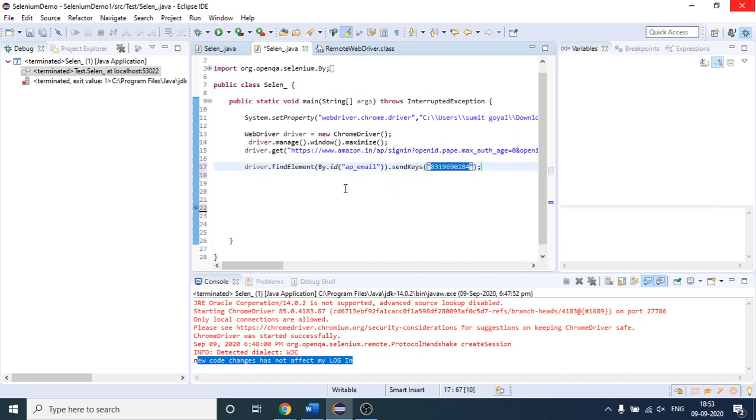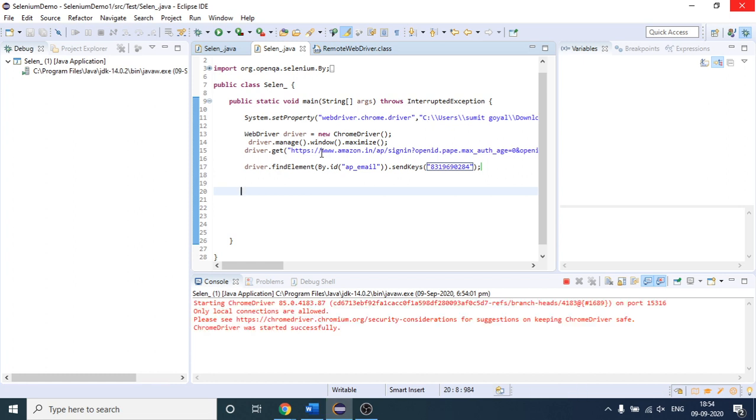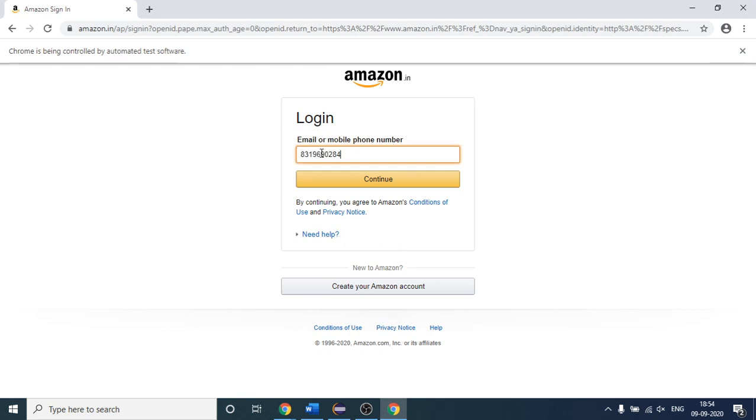So this is what the step is all about. So let us first execute whether it is working correctly or not, then we will see what we have to do next. Okay, so it has again started execution. It will maximize again. Okay, you can see it has entered the number. Okay, so this is our test case as of now.